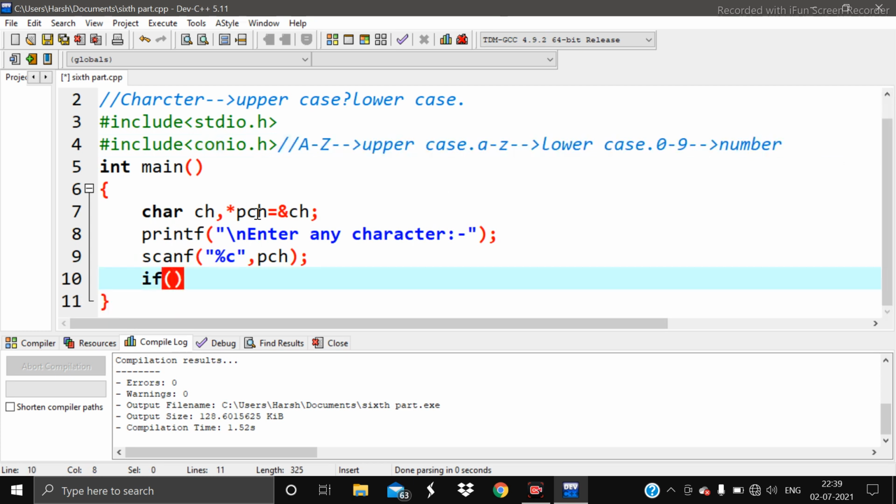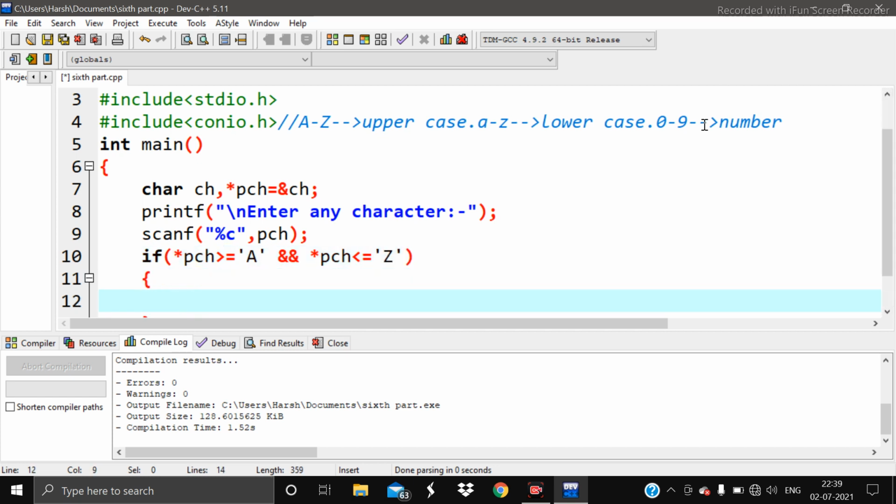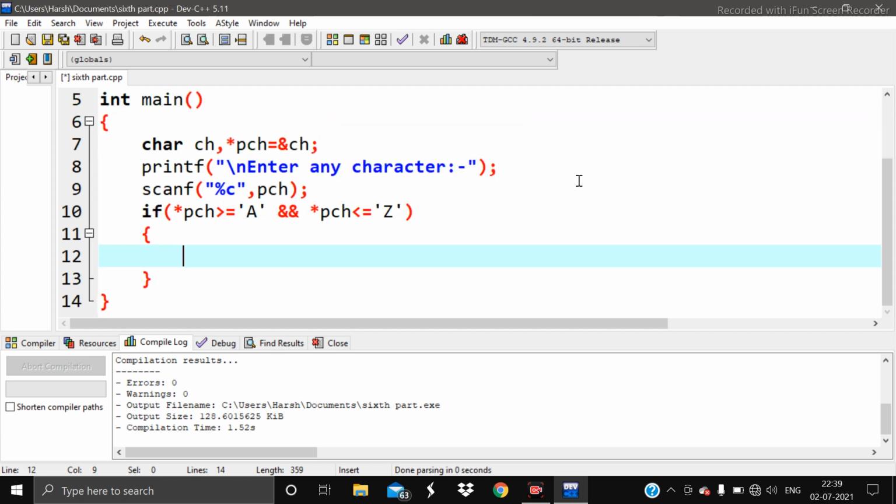So here the pointer is asterisk pch. So we will use that pointer variable name. If *pch is greater than or equal to capital A, and here the char data type is used, so single quotes, and then the AND operator, again the pointer variable *pch less than or equal to capital Z. Okay, so if this condition is true, then this if condition will be executed, and the statement inside it will be printed on the output screen.